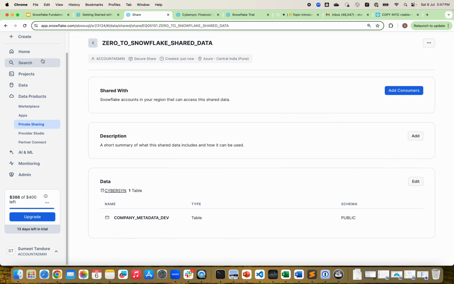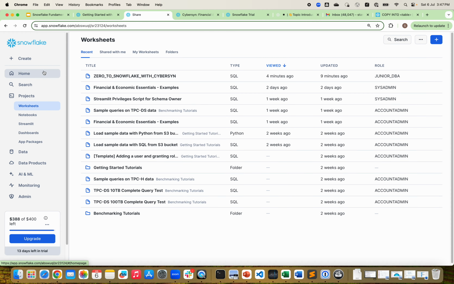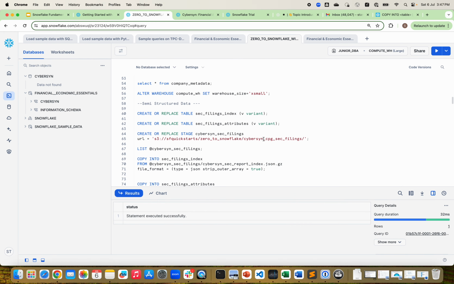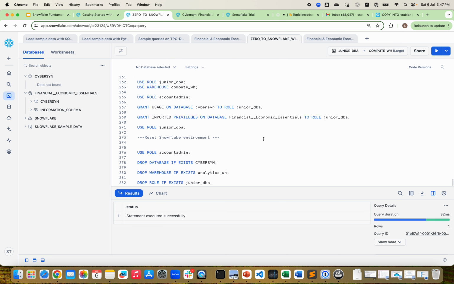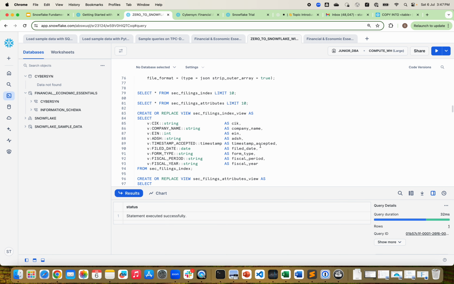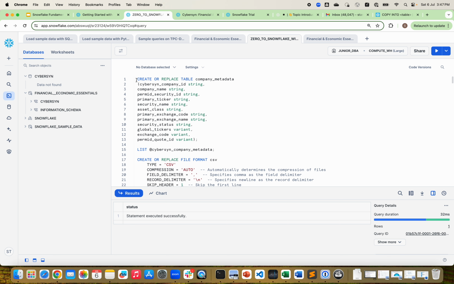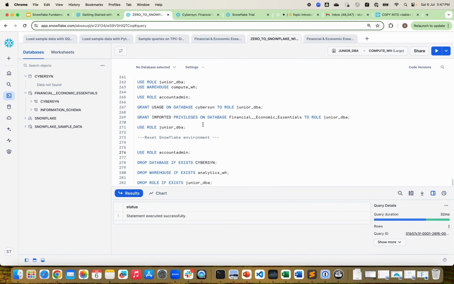Now that was the last activity that completes this hands-on lab. If you want to reset this environment and try doing this again from scratch, you can drop this database, drop the warehouse and drop the role and start all over again. Or while creating these objects, you can use create or replace. We did not create the database that way because we did it through the UI, but you can also do that through SQL. You can drop them through the UI and create again via the UI or use SQL. So you can reset and try this lab again by following the